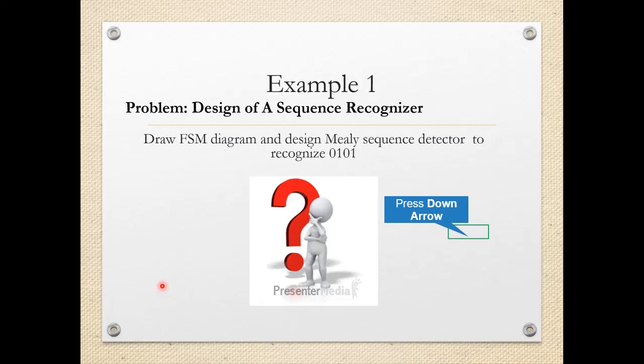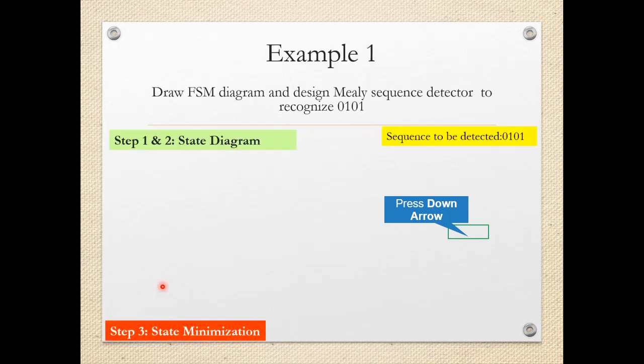The detailed statement is: draw the FSM diagram and design the Mealy sequence detector to recognize 0101. So the sequence to be detected is 0101. How will you draw the state diagram? In the design of FSM, the first step is to recognize the specifications which are given, and the second step is to draw the state diagram.